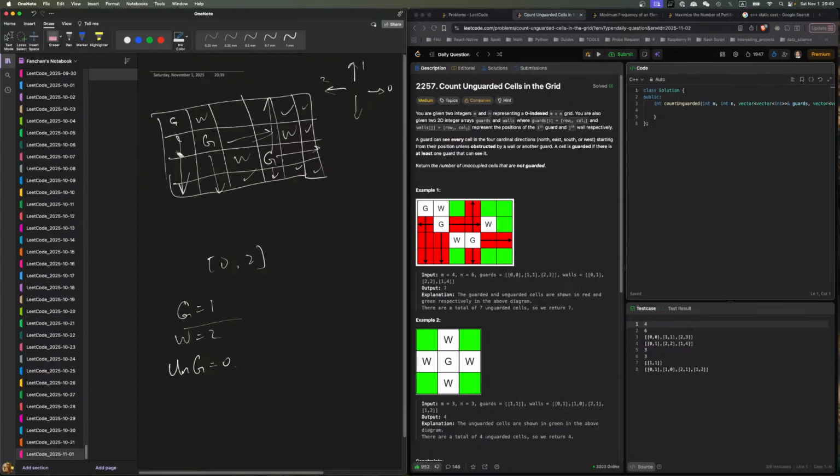So what we do is set a number. So guard is 1, 2, 1, 2, 1, 2, right? So I go left to right. If I keep the maximum,